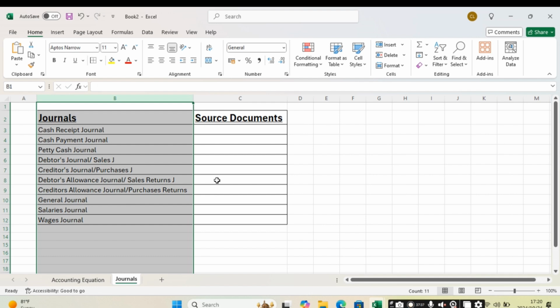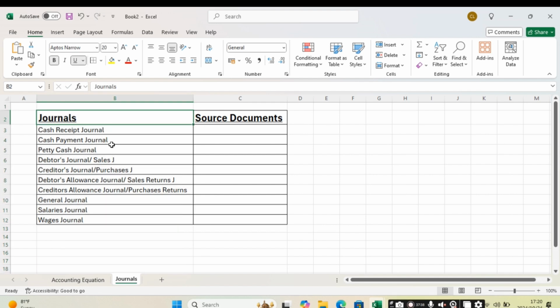So if there's anything else that's different here, you guys let me know in the comment section so that we have the correct new terms. Because I believe that now we need to be using new terms instead of those old terms, which is our debtors journal, creditors journal, and all that. And for now, let's look at our source documents